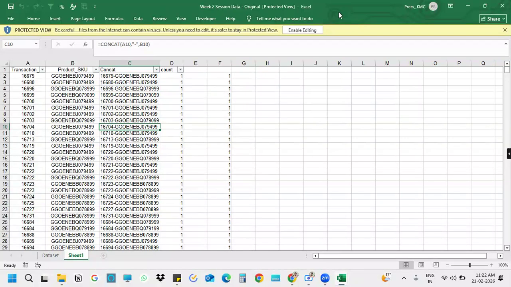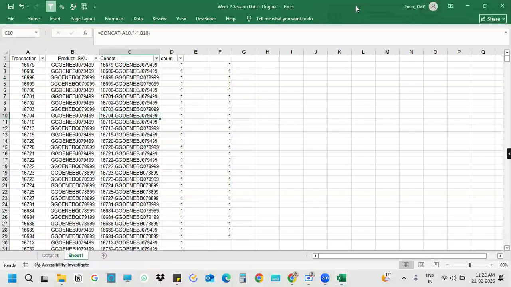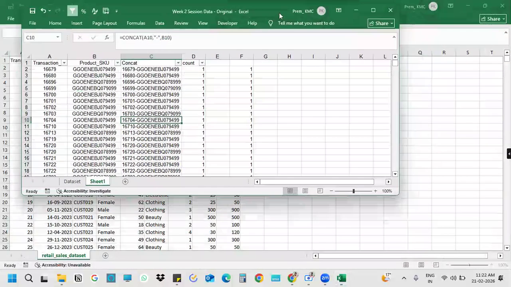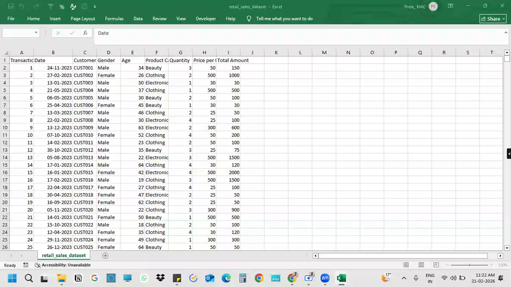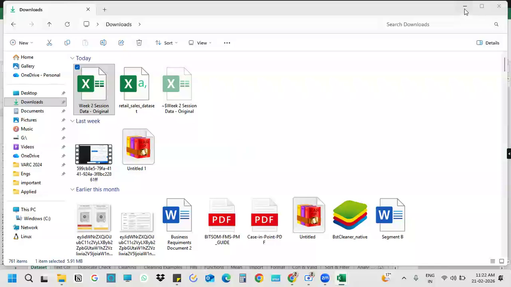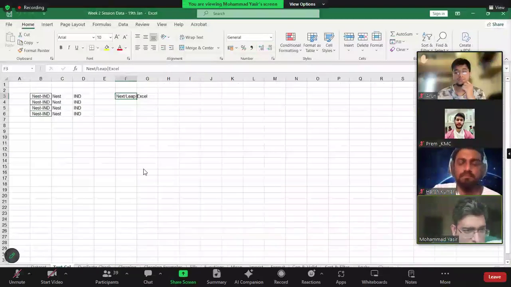Some minor changes have been done here. Now coming to another couple of functions.